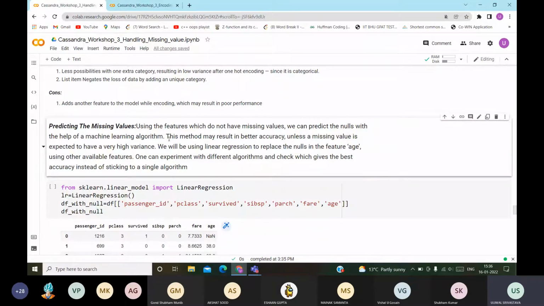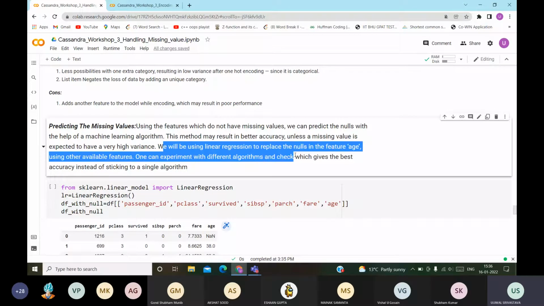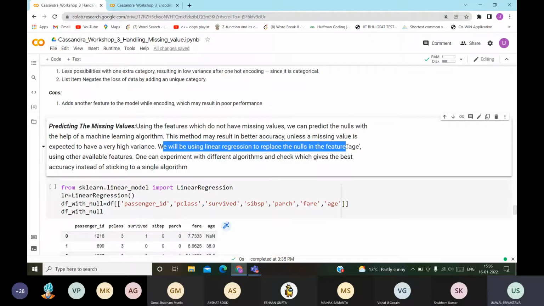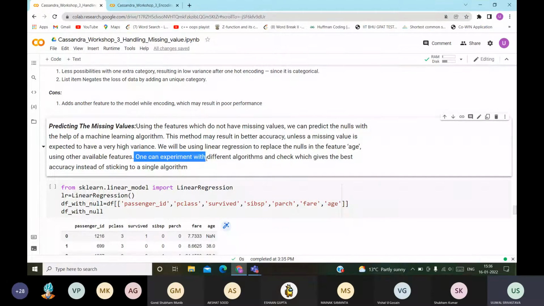Like we will be using linear regression to replace the null values in the feature age using other available features. One can experiment with different algorithms and check which gives the best accuracy. Yes, you can also check with logistic regression or any other regression. There are many other models which I will be teaching you later on, so you can use those models. So now let us move forward.